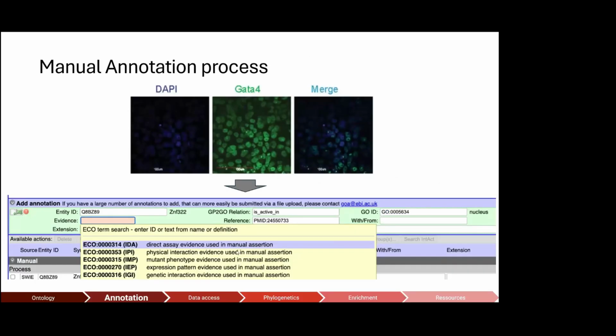So here is an example of a manual annotation process. As a biocurator, we have a specific internal tool called Protein2GO. If you look at this protein, for instance, you can see from the publication that it's located in the nucleus. So what we do is take the accession number of this protein, which you can see here, as the entity